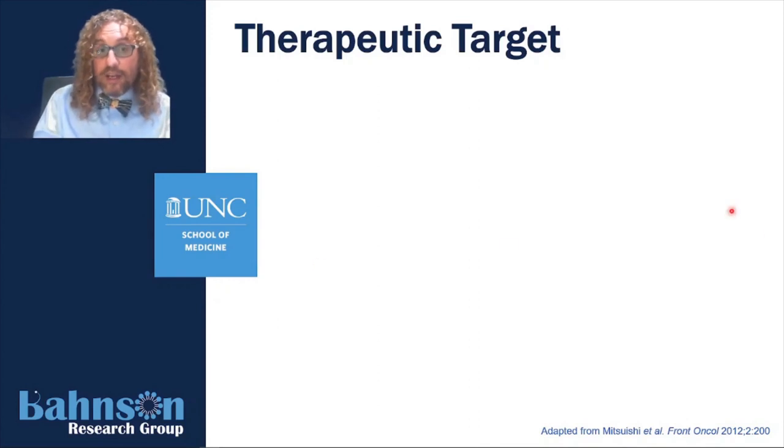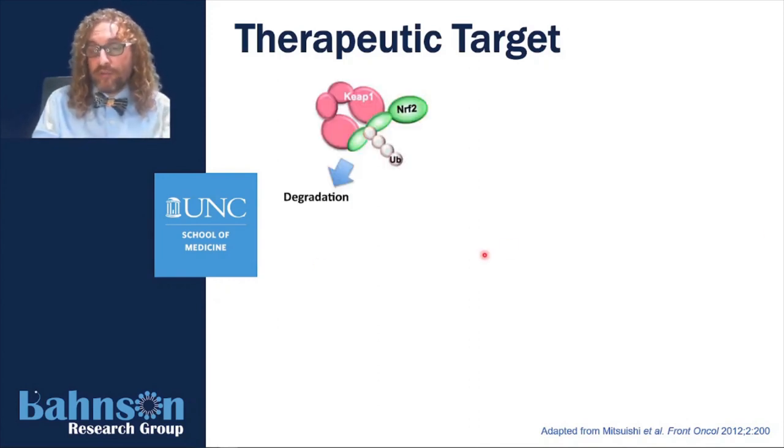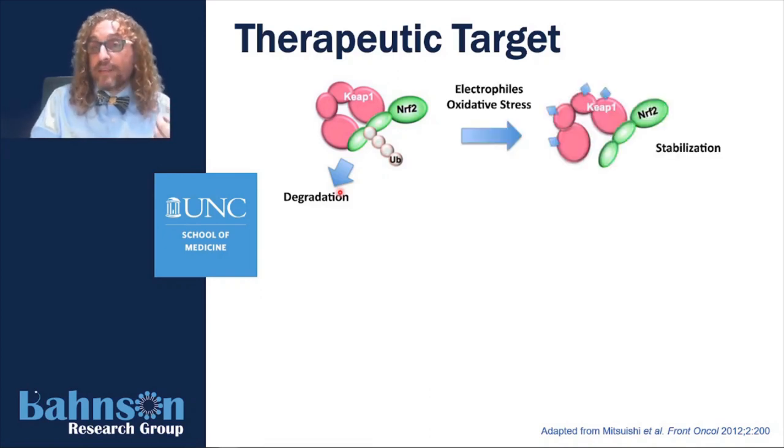Which target? Nrf2. Nrf2 is a transcription factor that under basal conditions is bound in the cytosol to its inhibitor repressor KEAP1, which is part of an E3 complex catalyzing the ubiquitination of Nrf2, targeting it for proteasomal degradation. In the presence of electrophilic stress, therapeutic electrophiles, or oxidative stress, KEAP1 has cysteine residues that sense these electrophiles or reactive oxygen species, which induces a conformational change in KEAP1 that doesn't allow for ubiquitination of Nrf2, and therefore